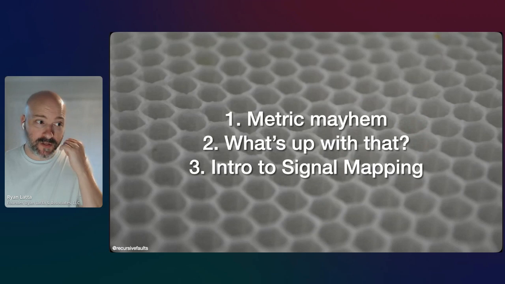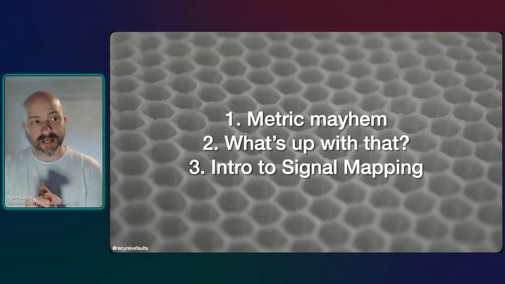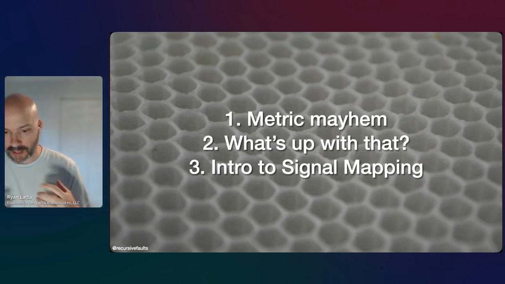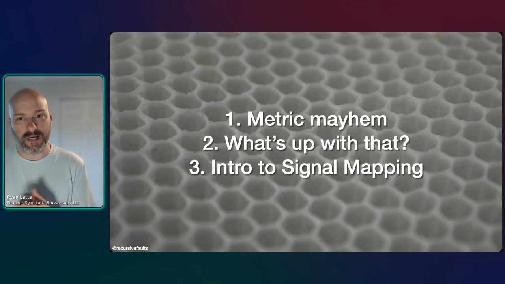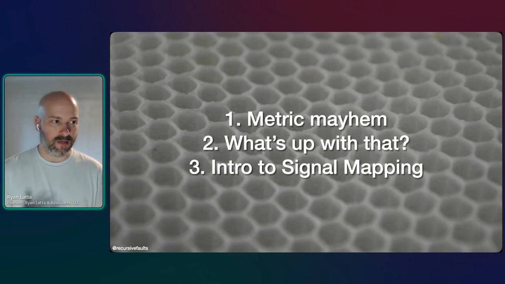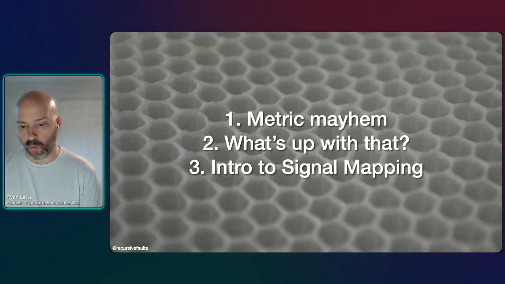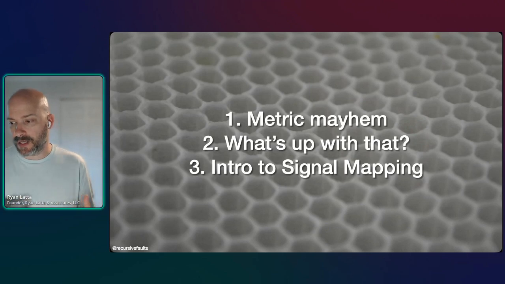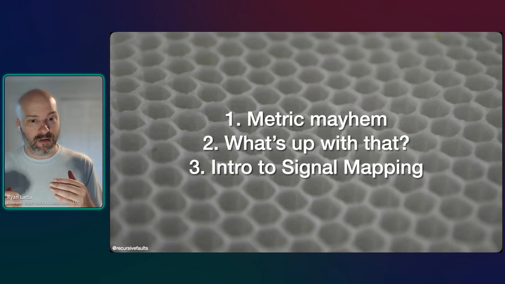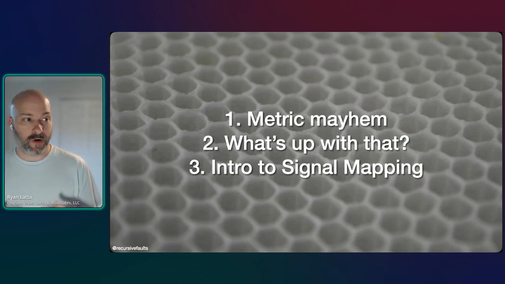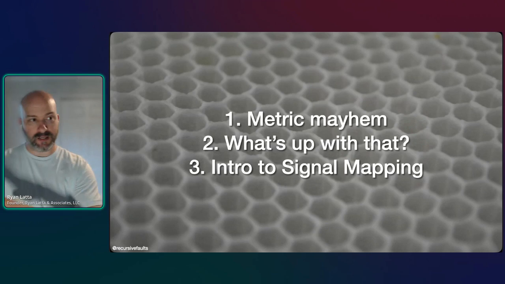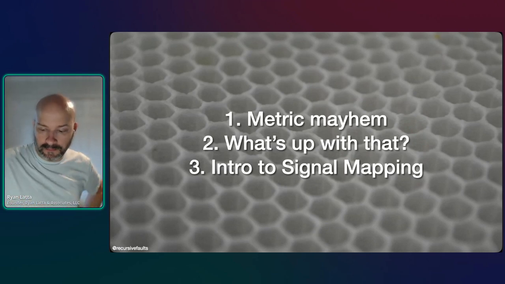So what's going to be in the talk? I'm going to cover some common examples of engineering metrics that don't typically do us the favors we wish they did, or outright mislead us. I'm going to unpack a little bit about what's going on behind each of those. I can't cover everything exhaustively in this short webinar, but I will cover at least one part about why those metrics don't work for us typically. And the last thing I want to get into is how we might go about using a technique called signal mapping to get better at using metrics so they don't mislead us or cause confusion. So that's the content for the 30 minutes.